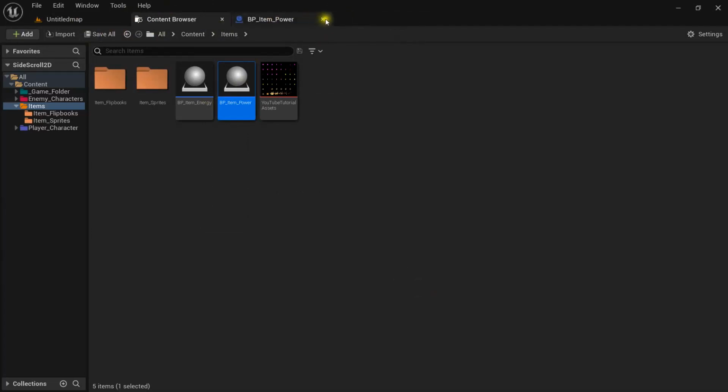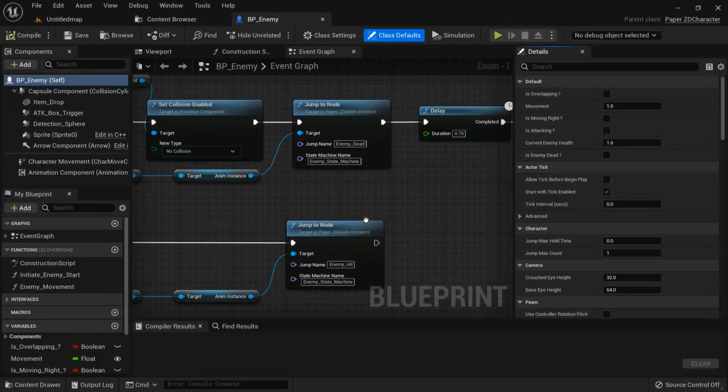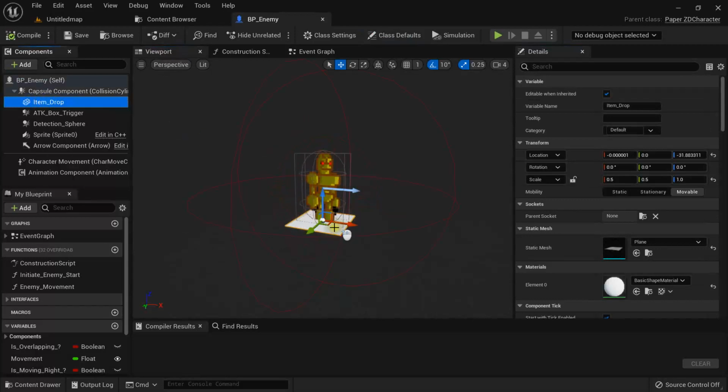All right, let's close these. I'll take my energy item, and I'll probably spawn it from here, my enemy. My energy will be spawned from my enemy. Yes. All right. I have a plane. I took a plane, I added a plane component. I dropped it in, and I named it item drop, and I set it underneath or at the bottom of